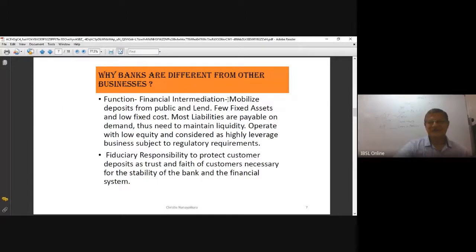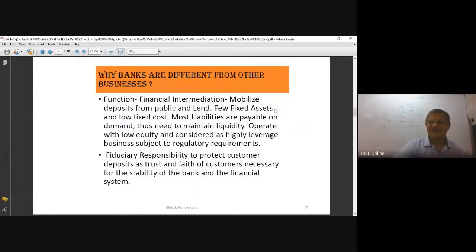They would like to deposit that money in a bank and earn interest, and you use that money as a banker. We give it to another economic agent who are actual risk takers in enterprises. They would like to take your money and make more money by doing trading, manufacturing, and various other activities. So intermediation is we go in between. You are a middleman. Bankers act as a financial intermediator. So what we do is we mobilize deposits from the public and lend.